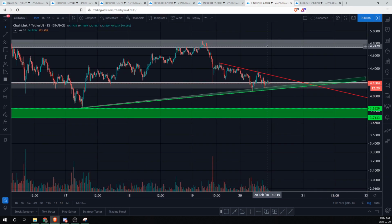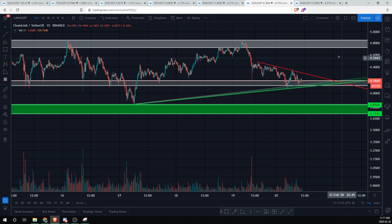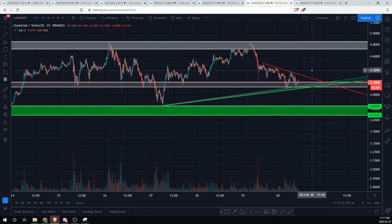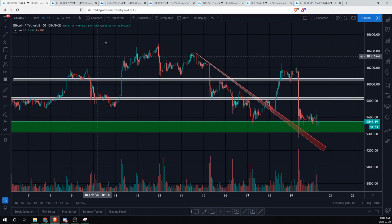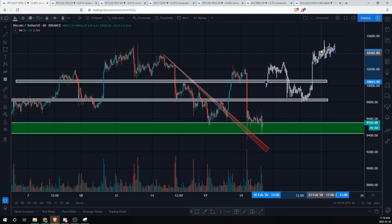Okay, so we have basically a squeeze on Link, and with the bias we have from BTC, we have the descending resistance and the ascending support. So what we're looking for is the price to potentially break the ascending support, right? Like what we're looking for is BTC to potentially have that same move we saw. Actually, I might leave that in there. So what I'm going to do is leave that in there, and then basically look to see something similar to this. And then what I will try to do is kind of